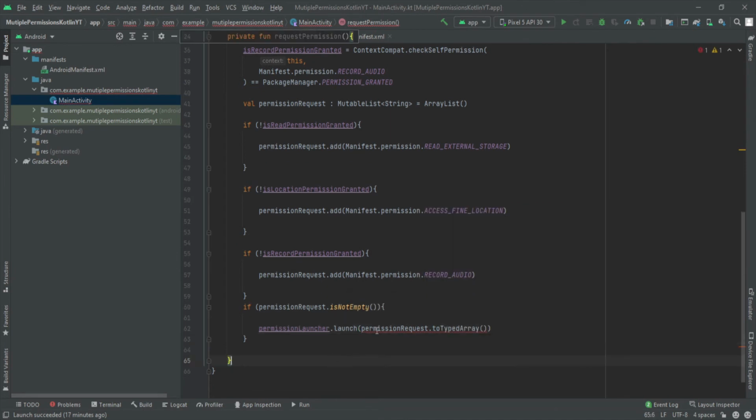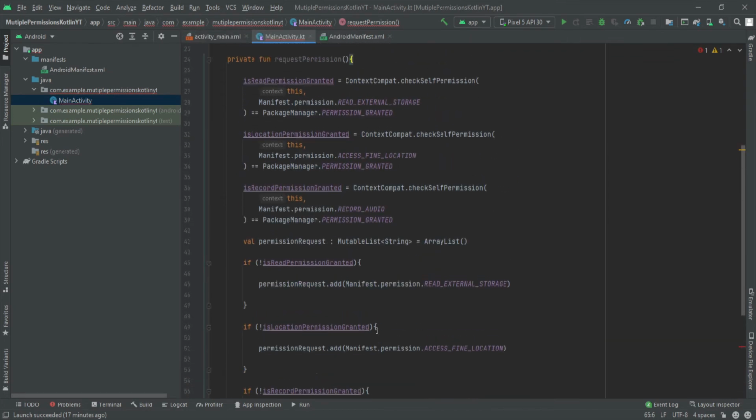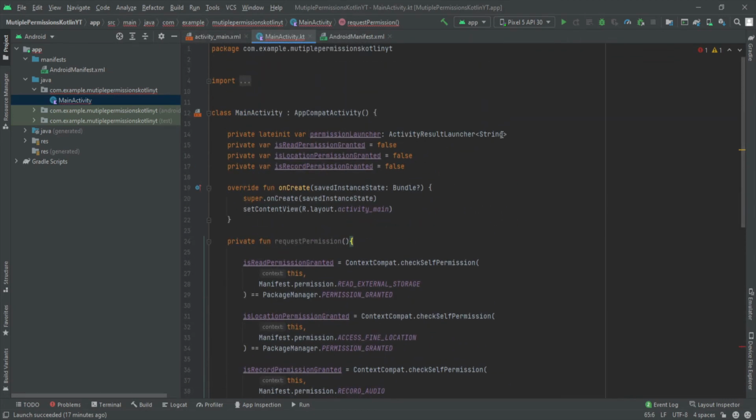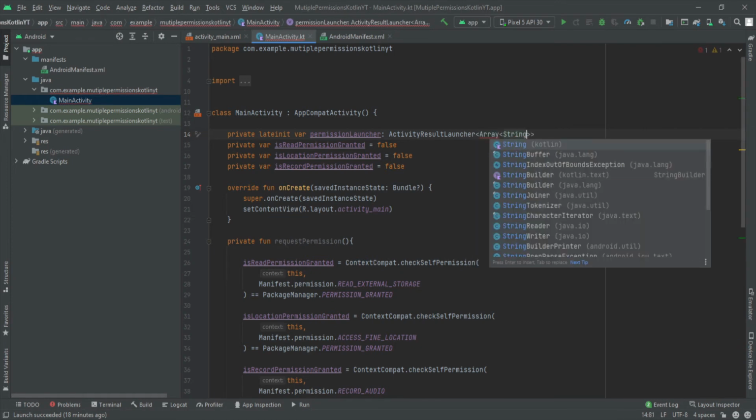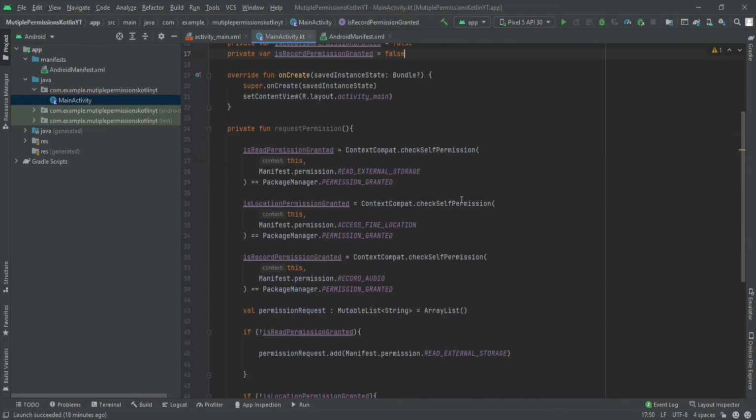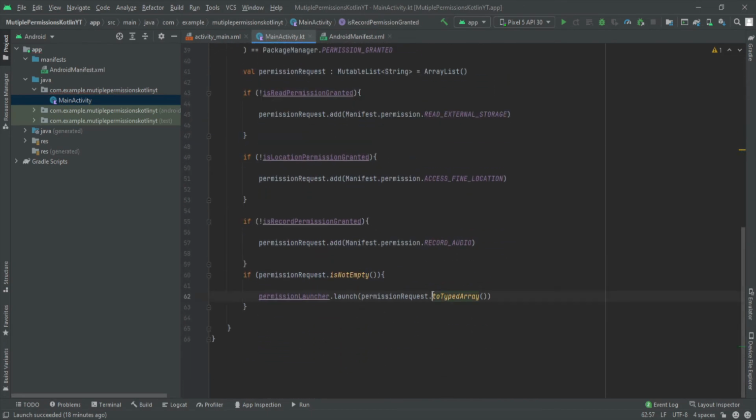So okay, it is throwing some error. There is a mismatch in the arguments, I guess. Oh okay, so here we need to define an array of string, right? Now I guess it should, okay, we are done.